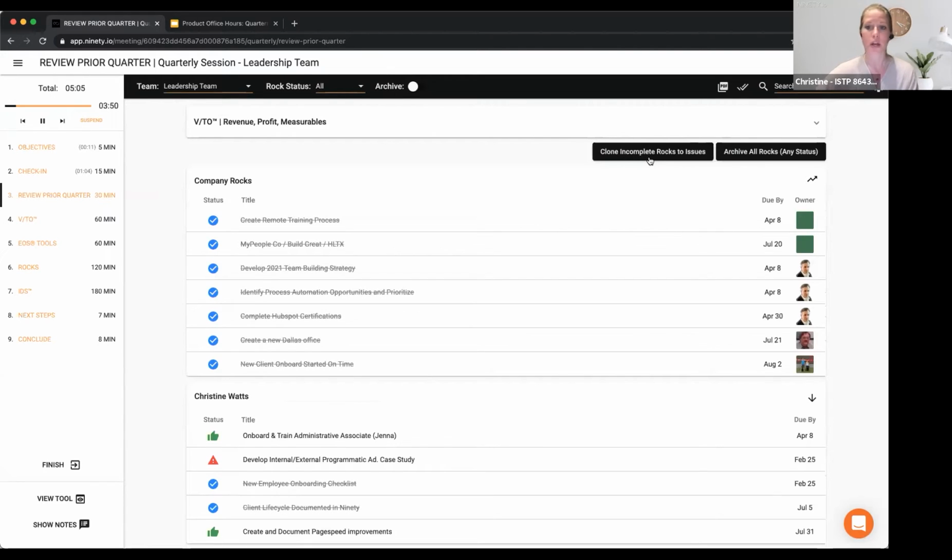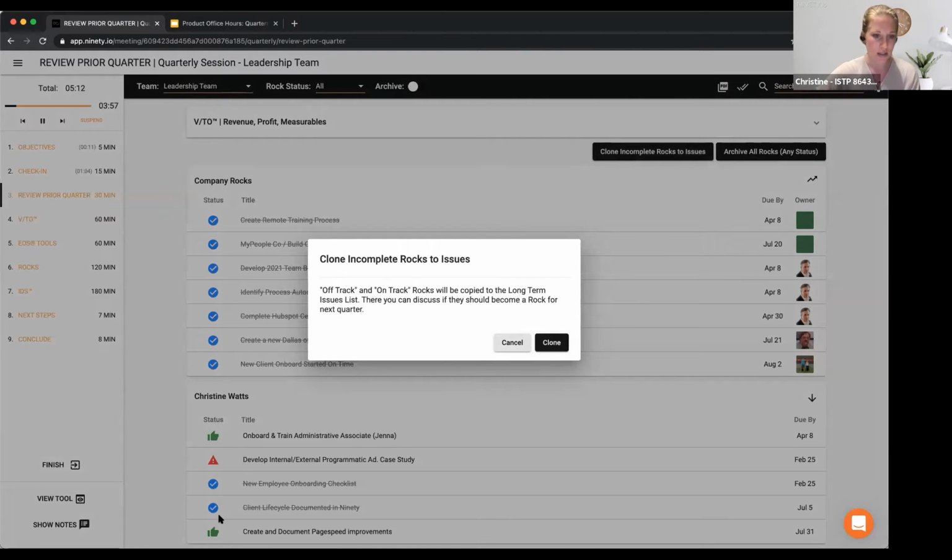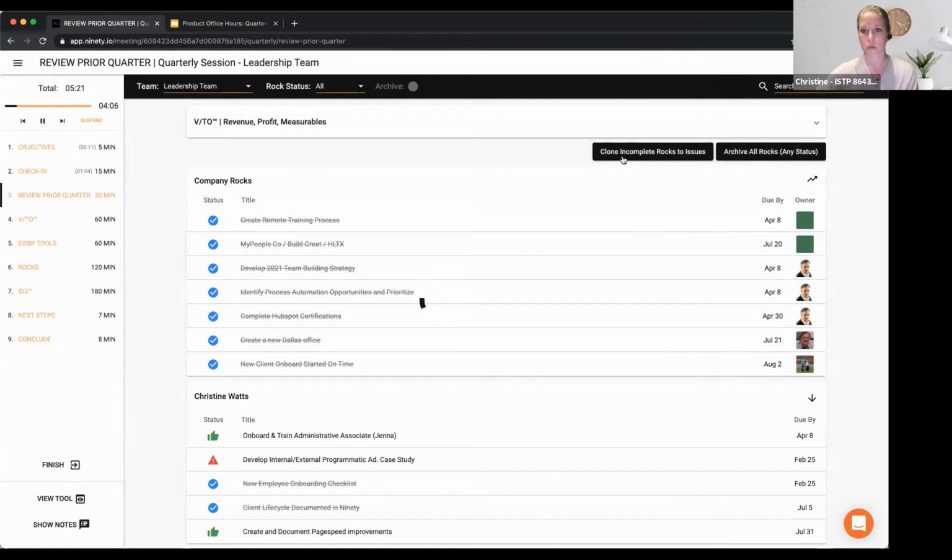What you can do is clone any incomplete rocks to your long-term issues list. What that's going to do is take any of these rocks that don't have that status of done, so anything that's off track or on track, and move it to the long-term issues. And you want to clone it there. The reason we created this clone button is that instead of deleting this and moving it over, you really want to have them in both spots, because what's going to happen next is once I clone all of those rocks that aren't done yet to my long-term issues list,